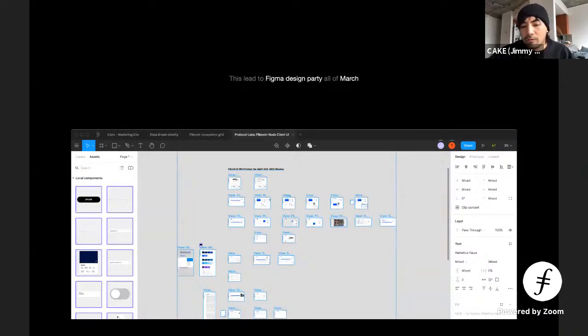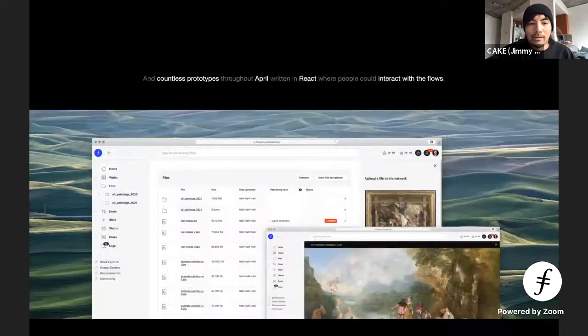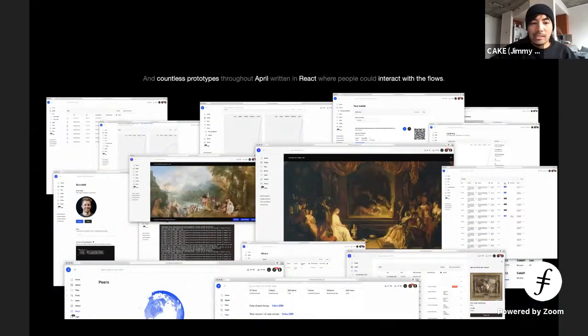And this is all I'm really comfortable with showing from that Figma party. I made a ton of things. I crossed out a ton of things. And then countless prototypes through April written in React so people could interact with the flows. It was super important for me that you could actually use an experience. There was no backend. You could just go through every single view that was in the Filecoin client and get a feel for if the data was there,